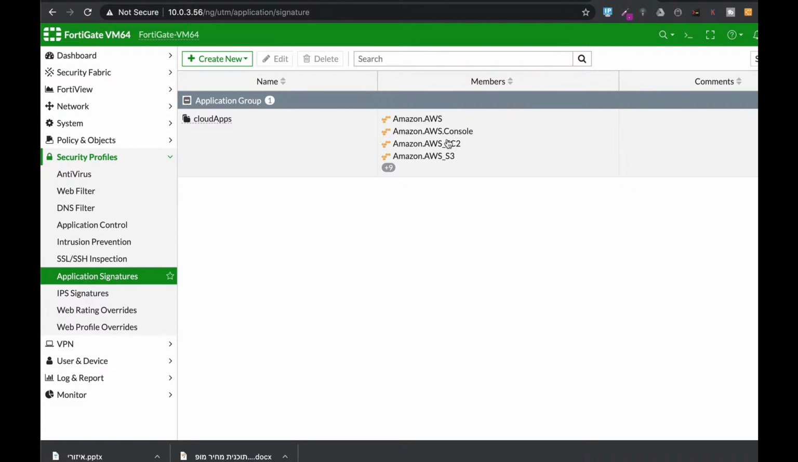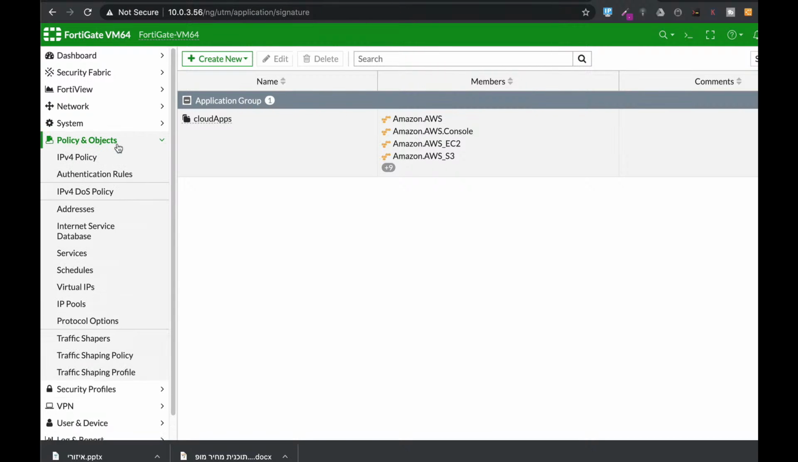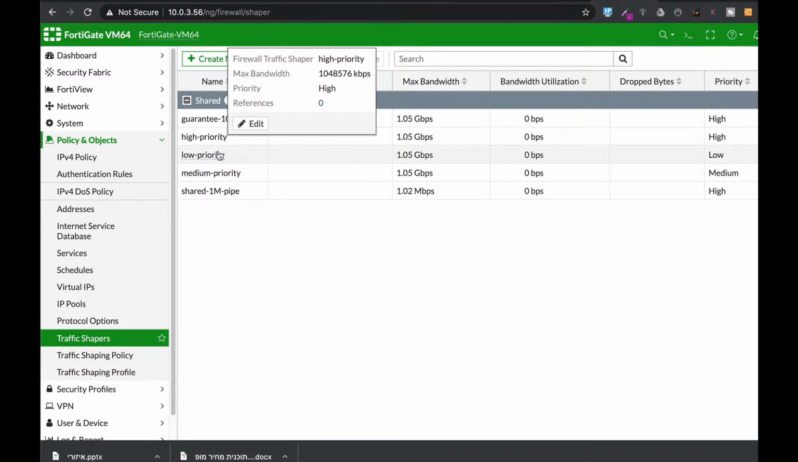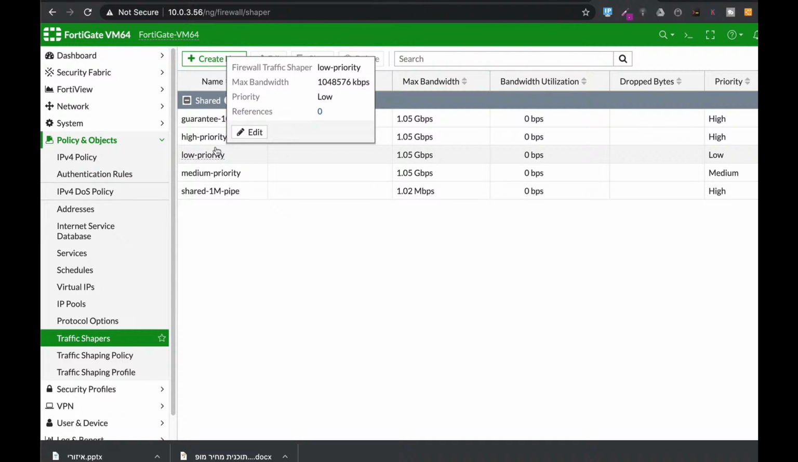use most often. The third thing that you will need to do is to create a traffic shaping policy. Now, if you move to traffic shaping policy under policy and objects, you will see that you have two main traffic shapers. One is the high priority and the second one is the low priority. Both